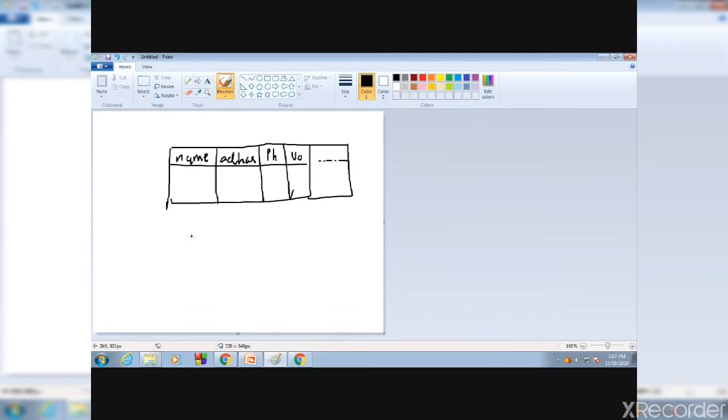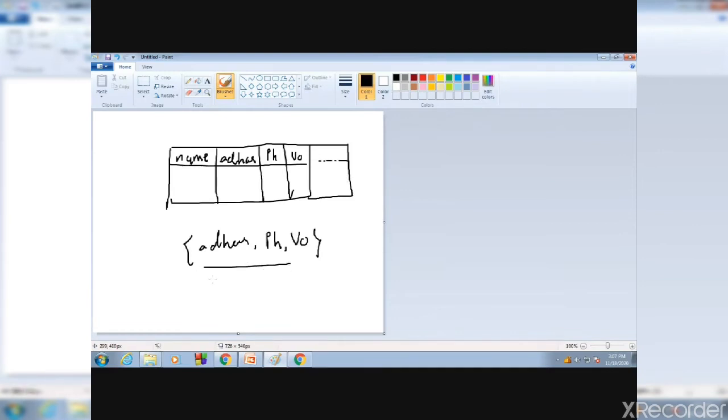Suppose I took only Aadhaar card number, comma, then phone number, and then voter ID also. Can I derive the remaining things from these three? For example, in which state he is, the country, then the permanent address, the corresponding address, everything is written here. It is one person's information. So if I am given Aadhaar card number, phone number and voter ID, can I derive the remaining attributes? If yes, this is my super key.